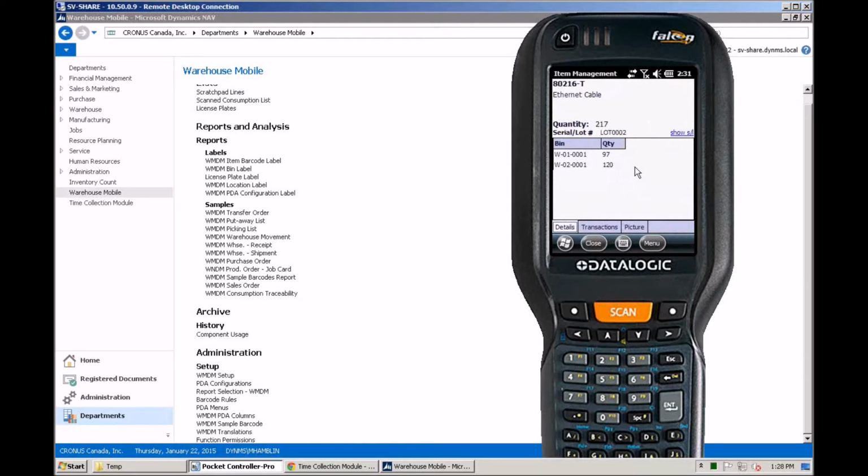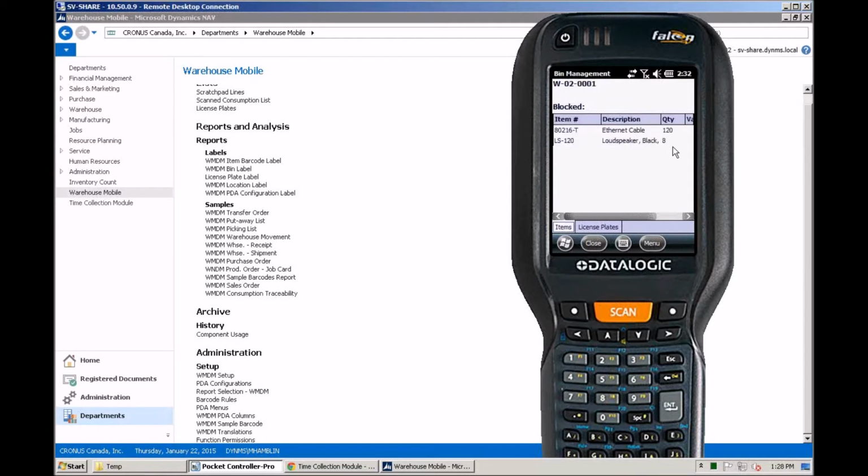Okay. Now, from here, I can do a couple of things. But one of the things I'm going to do is scan a bin barcode. So at this point, I scan a bin, and it tells me everything that's in that particular bin. And again, all of this is configurable, so if you don't use variant codes and you want to see something else, maybe you want to see the bin quantity by lot number, that's actually just a configuration setting, and then we can show the lot number field instead. So there's lots of things you can do as far as what you see when you scan a bin